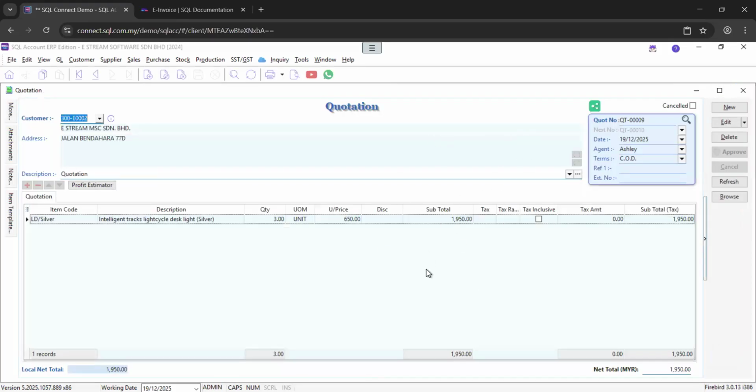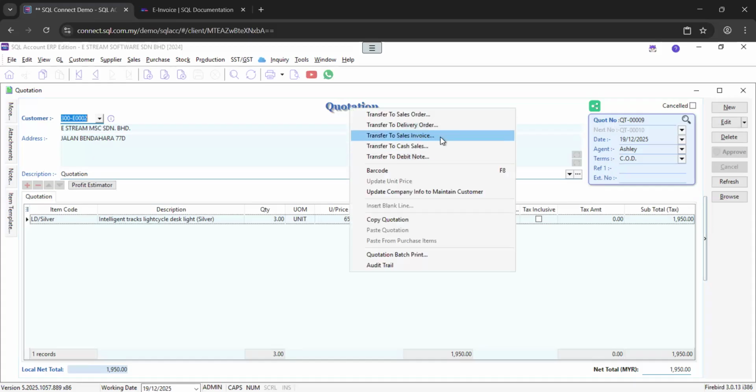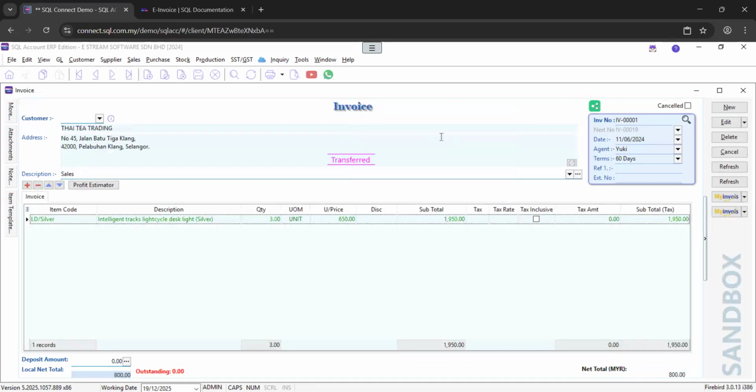All right. Done everything. Then the customer says, okay, no problem, proceed. Then the same thing, you just go to quotation over here, right-hand click, transfer to sales invoice. After transfer to sales invoice, then over here,